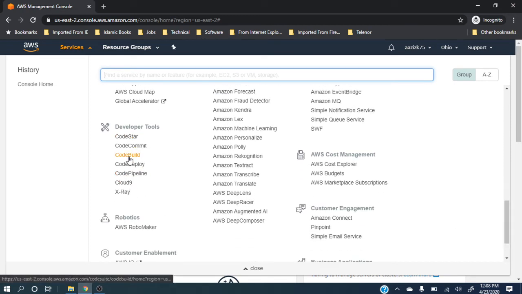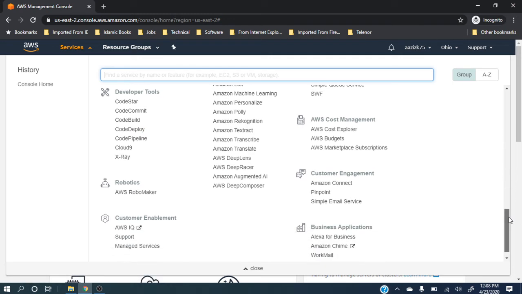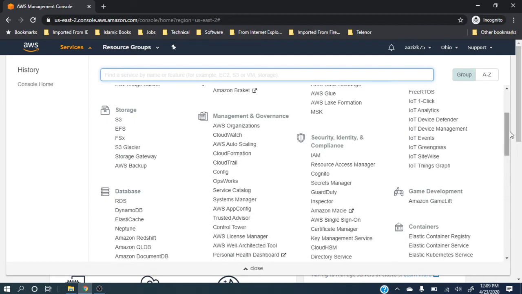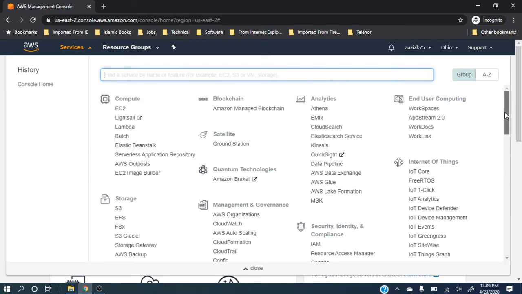These are for developers: code build, code deploy, code pipeline. So if you are a developer, you know DevOps kind of things, then you can use these developer tools. If you want some robotics, you can go to robotics. For customers, these are some things like support, managed services. As I told you, I will make separate videos and show you these in detail.